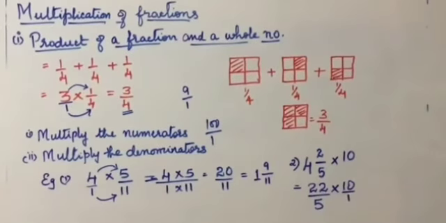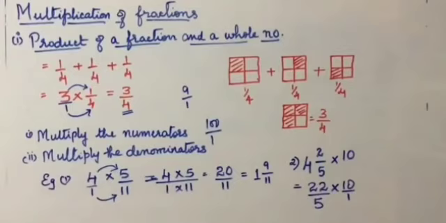Now, all of you look at this problem very, very carefully. We have 22 by 5 into 10 by 1, children. So here there is a rule. Now you can cancel. For cancellation, earlier we did in the same numerator and denominator. But in multiplication, we can cancel the denominator of one fraction with the numerator of the next fraction, or the denominator and numerator of the same fraction. Please remember this.